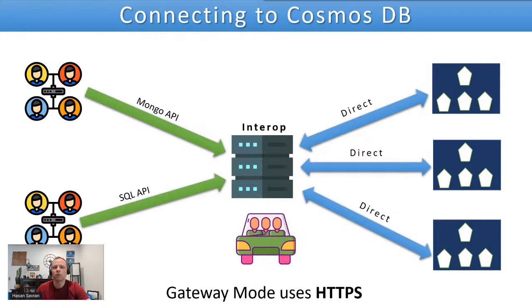That server is shared by other Cosmos DB customers. That can be two different customers, one of them using Mongo API, the other using SQL API. They call the gateway, and the gateway does some kind of interoperability. It changes the language a little bit and calls Cosmos DB, gets the data,